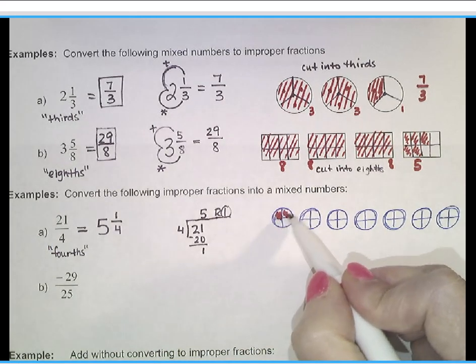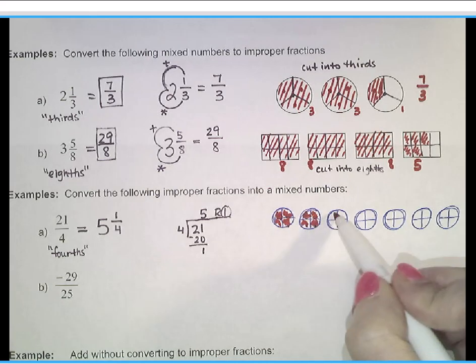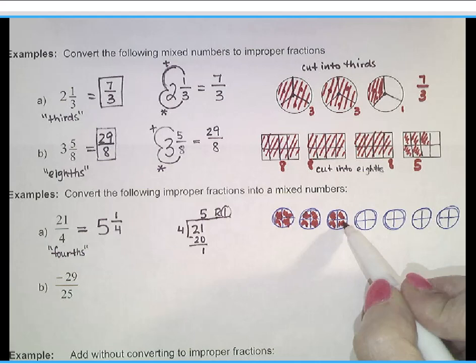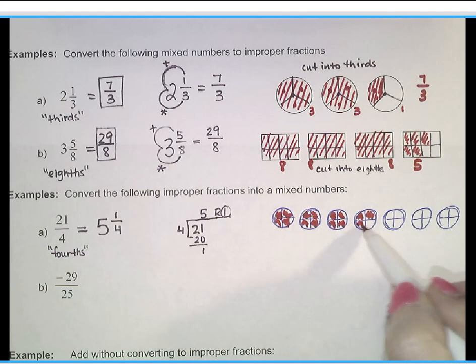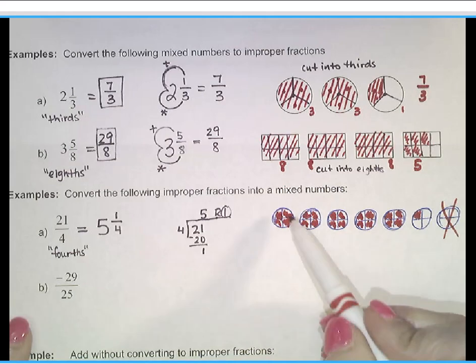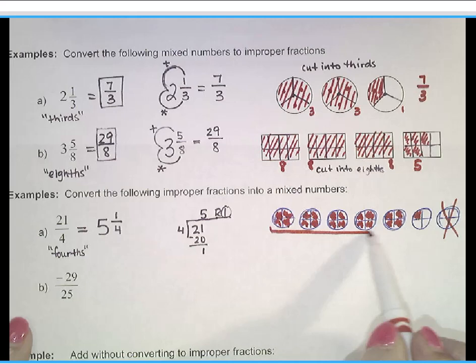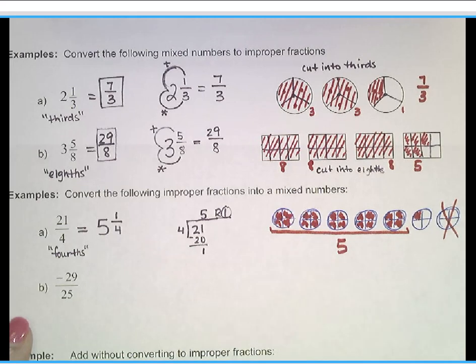So 1, 2, 3, 4, 5, 6, 7, 8, 9, 10, 11, 12, 13, 14, 15, 16, 17, 18, 19, 20, 21. Okay, so turns out I didn't need that extra circle. So there I shaded 21 fourths. How much is that? It's 5 wholes